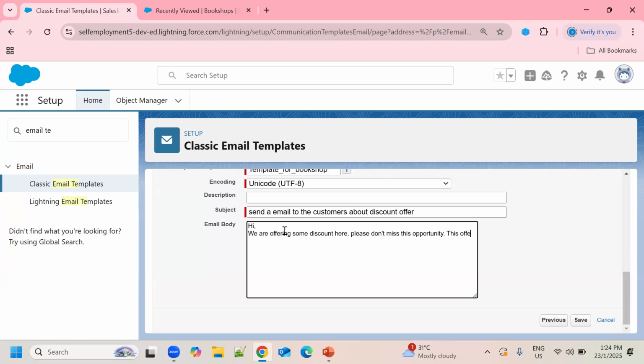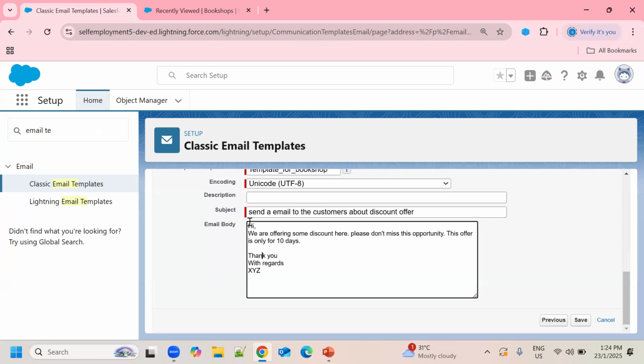This offer is only for 10 days, right? Something like this. You can do as per your requirement, right? And at the bottom you can write with regards, XYZ, or thank you. Right? So in this way we can write our mail body.